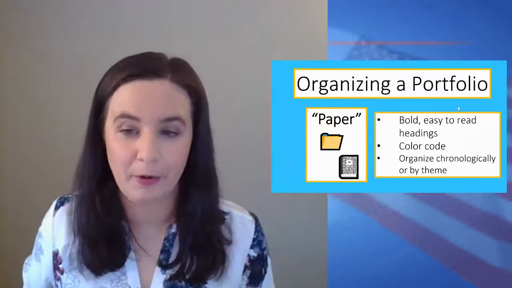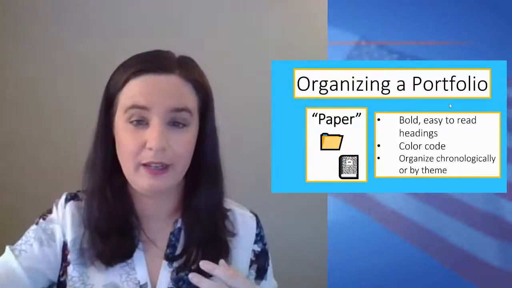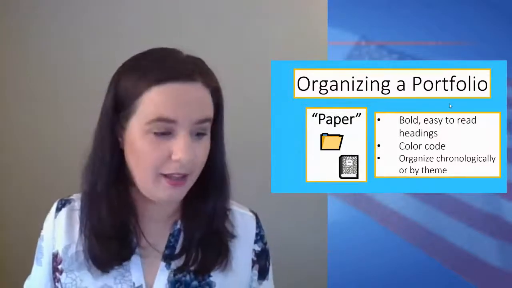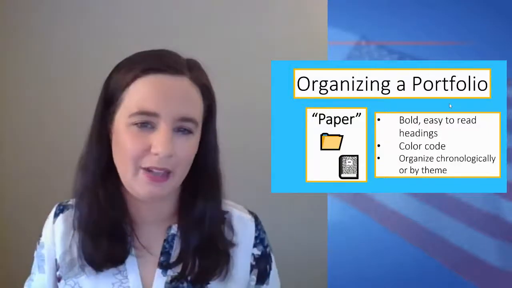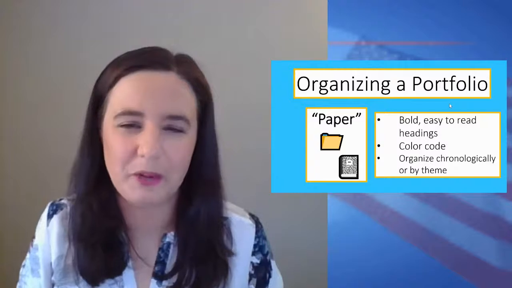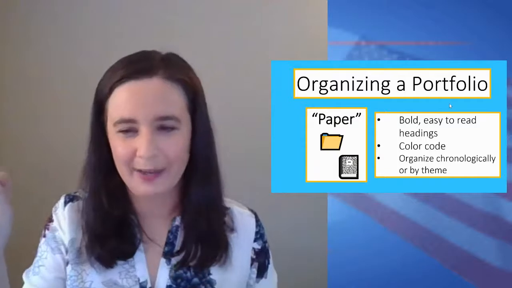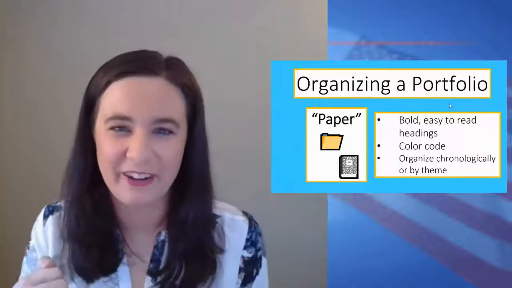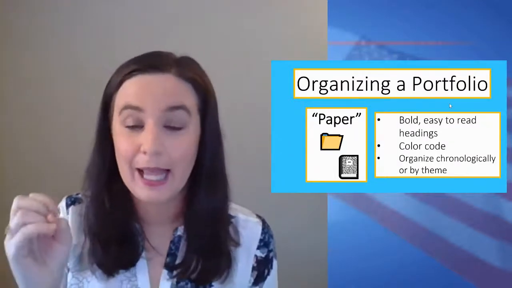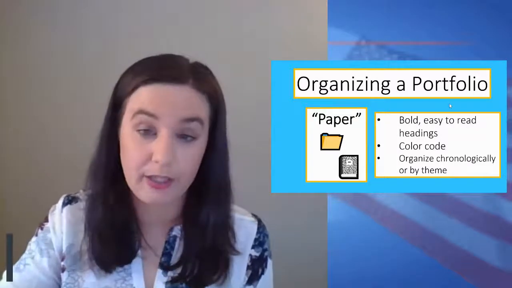If you're organizing a paper portfolio, my top advice is to make sure that the headings, that's the date, the title, are bold and easy to read. Color code it if you can, even if it's just using a marker or something. Make it visually interesting and maybe encourage students to be creative about that. Encourage them to create their own system. Not everyone needs to highlight it in blue, but they should find something to highlight it in. And like Edison mentioned before, he was talking about organizing by skill. You could organize by skill, by theme, or in the case of a growth portfolio, especially, you want to go chronologically, usually.